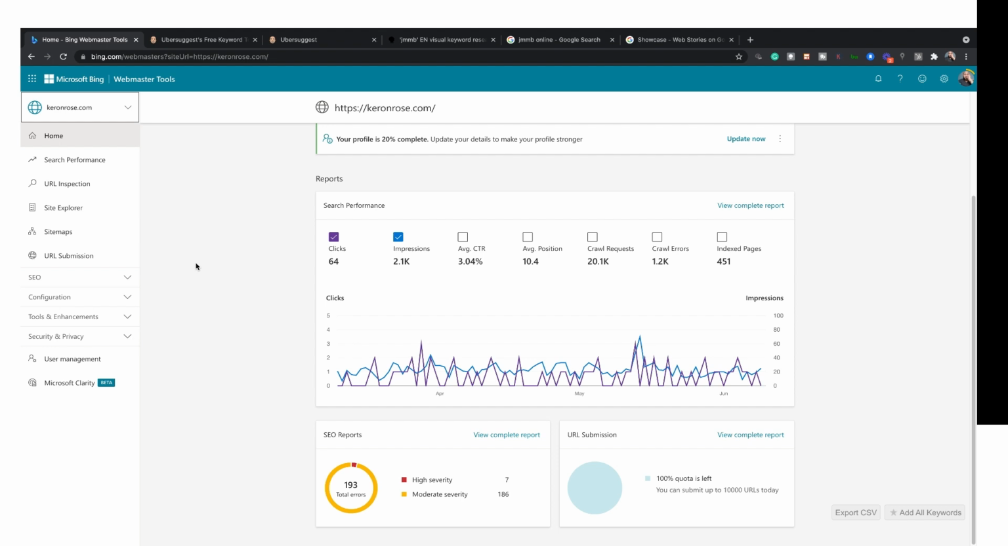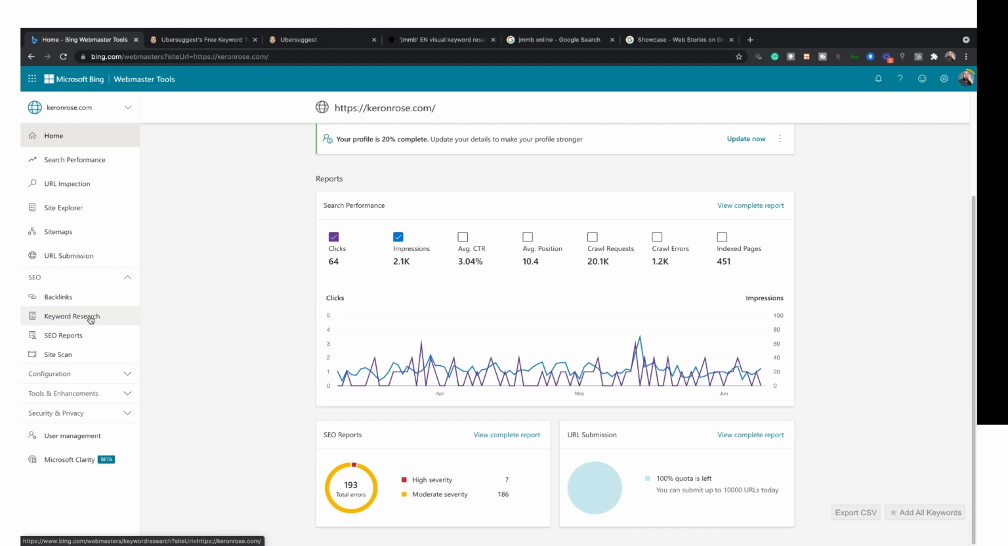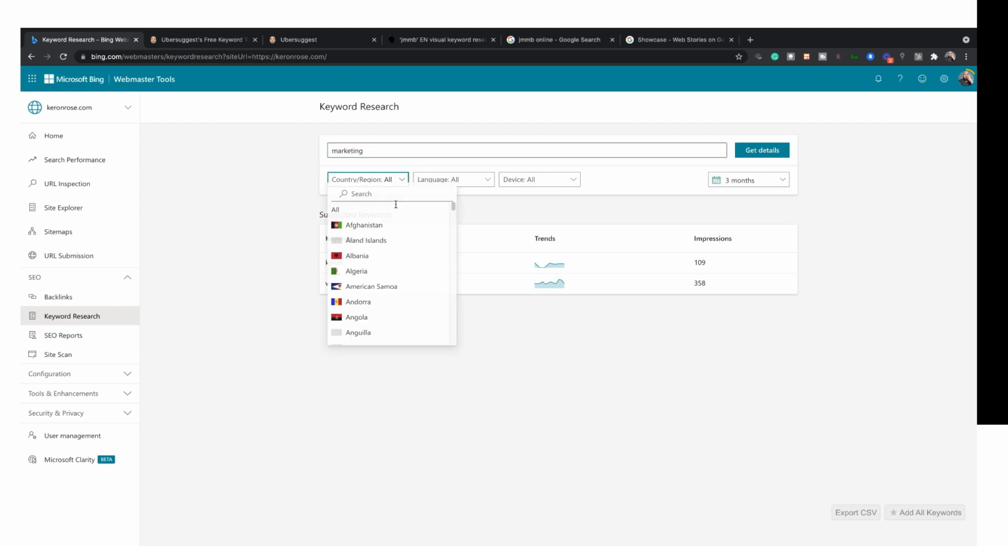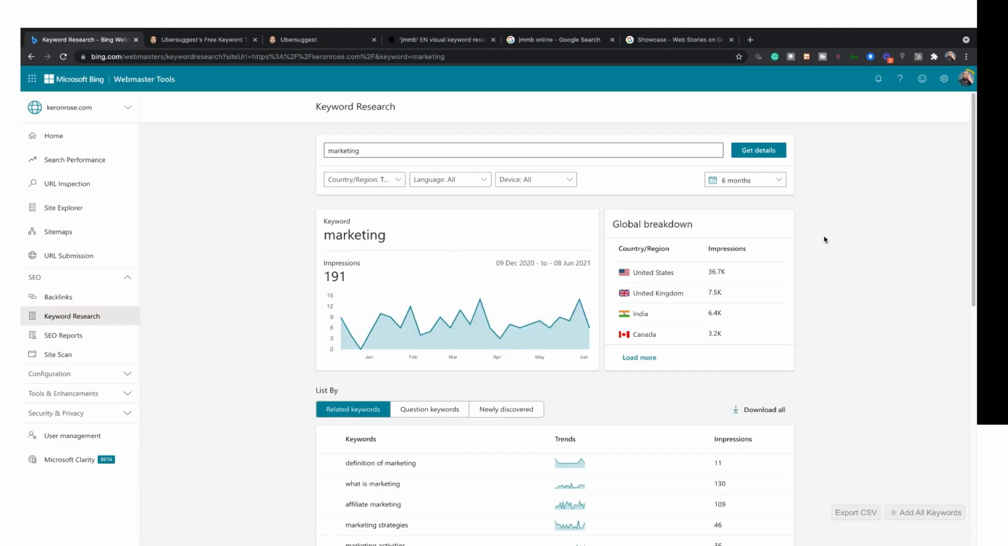But for this purpose, the most important part is the SEO section, and we can come into keyword research, and we would be able to conduct research on our audience, but using Bing data. So we can specify our country. Oh, we got to put in the word first. So we could put in marketing, and then we could specify the country, and then change it to 6 months. And then we would get all of the data